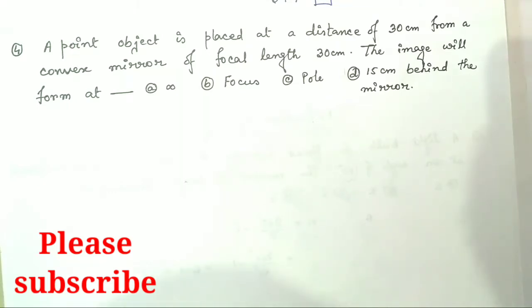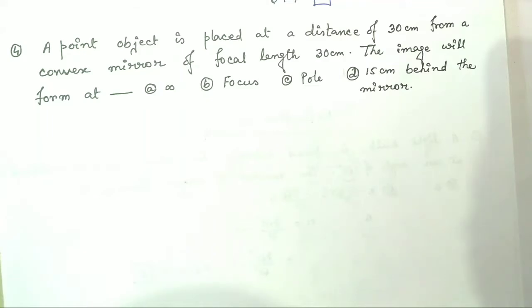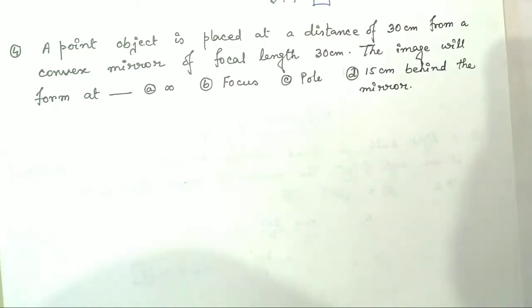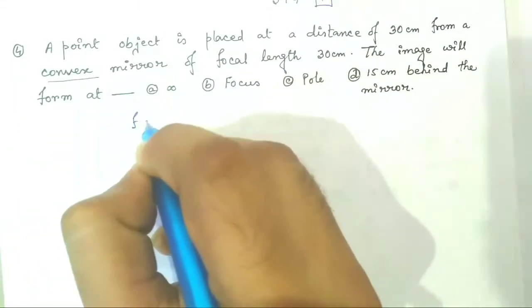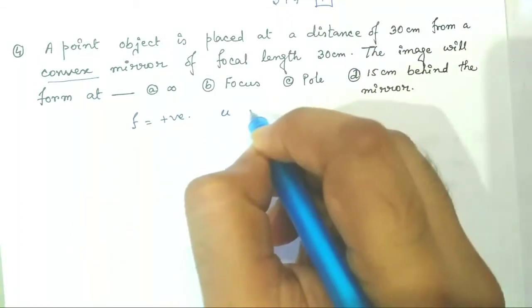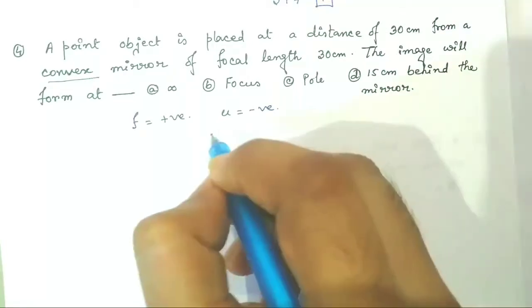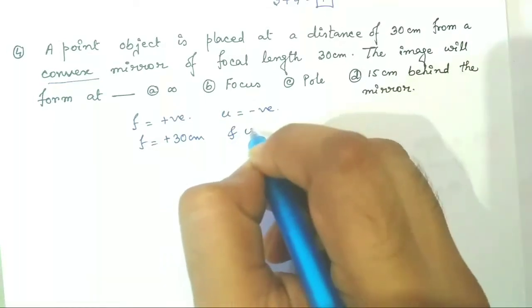A point source is placed at a distance of 30 cm from a convex mirror of focal length 30 cm. Then the image will be formed at option A infinity, focus, pole or 15 cm behind the mirror. I told you in the concept clearing class that for a convex mirror, f is always positive, and for a real object, u is always negative. So in this question, f equal to plus 30 cm and u equal to